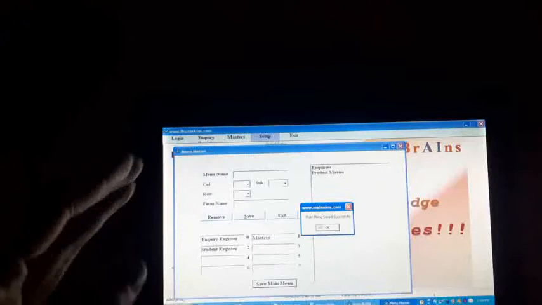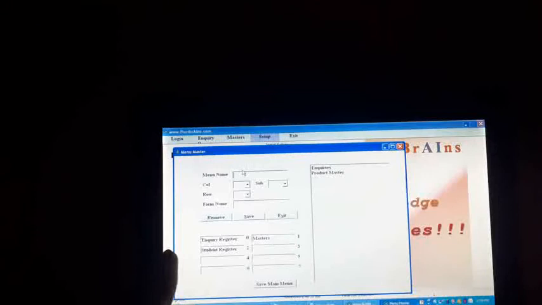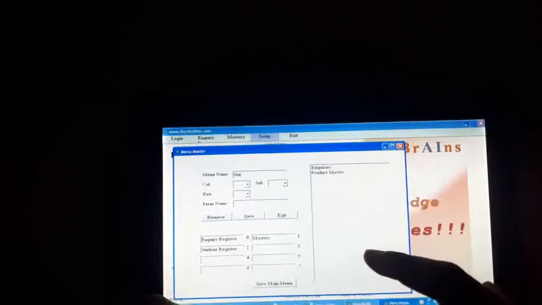I can have n number of main menus here. Under this student register, I want to have the actual form, so I'll just have student list. I can have the same name also, not an issue. Student list. And the column position would be 2 and 0.